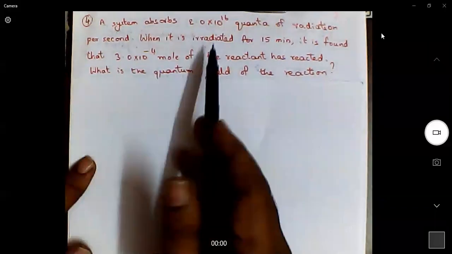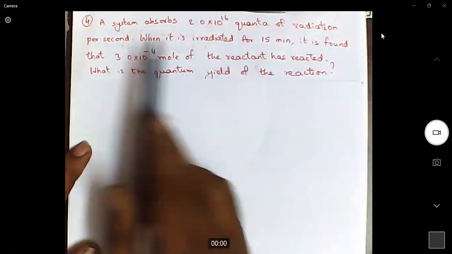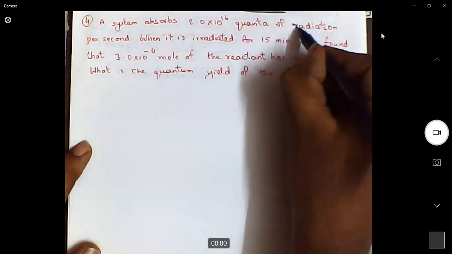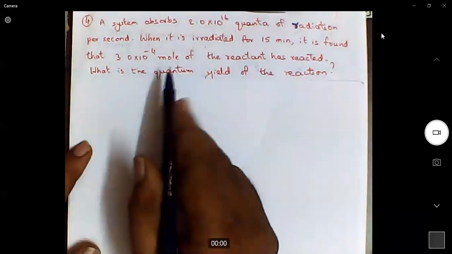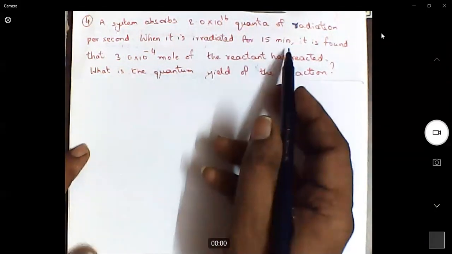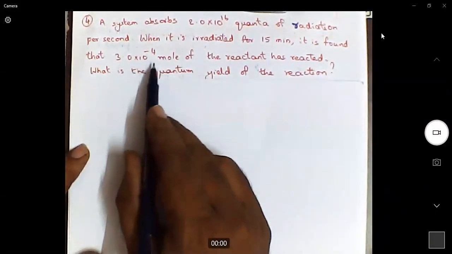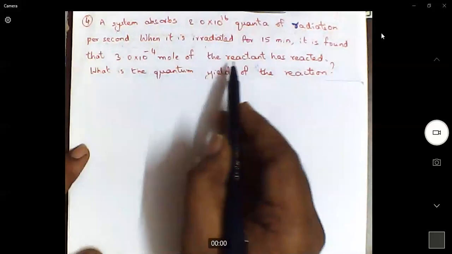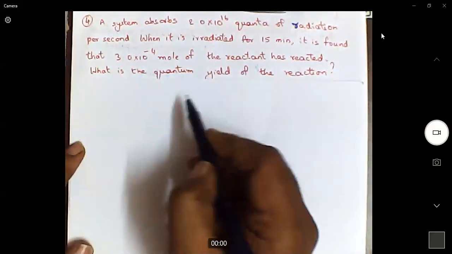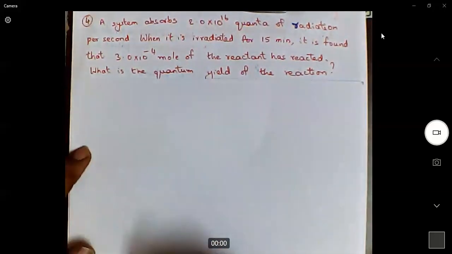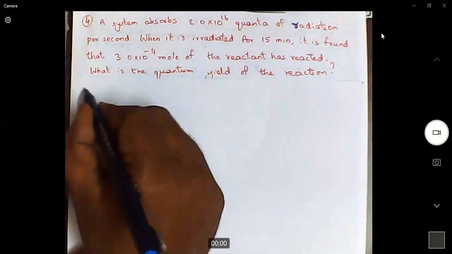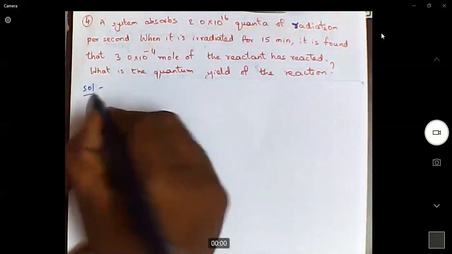A system absorbs 2 quanta of radiation per second. When it is irradiated for 15 minutes, it is found that 3 into 10 power minus 4 moles of the reactant has reacted. What is the quantum yield of the reaction? So, in order to solve this,